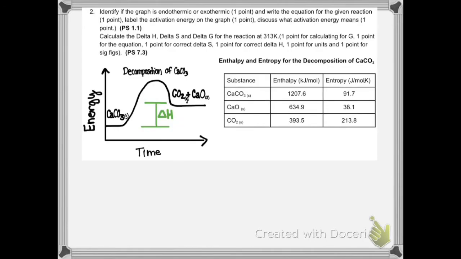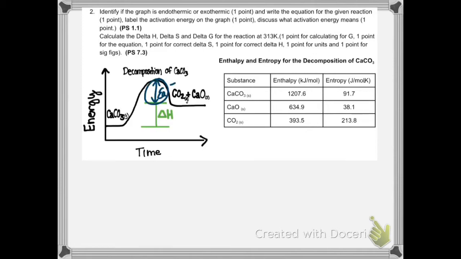All right, ladies and gentlemen, we're at our third and final question from our summative. So if we take a look at this one, we're identifying if the graph is endo or exothermic. We need to write an equation, label the activation energy on the graph, and discuss what that activation energy is really telling us. So the first thing we're going to do is label that activation energy, which is right up